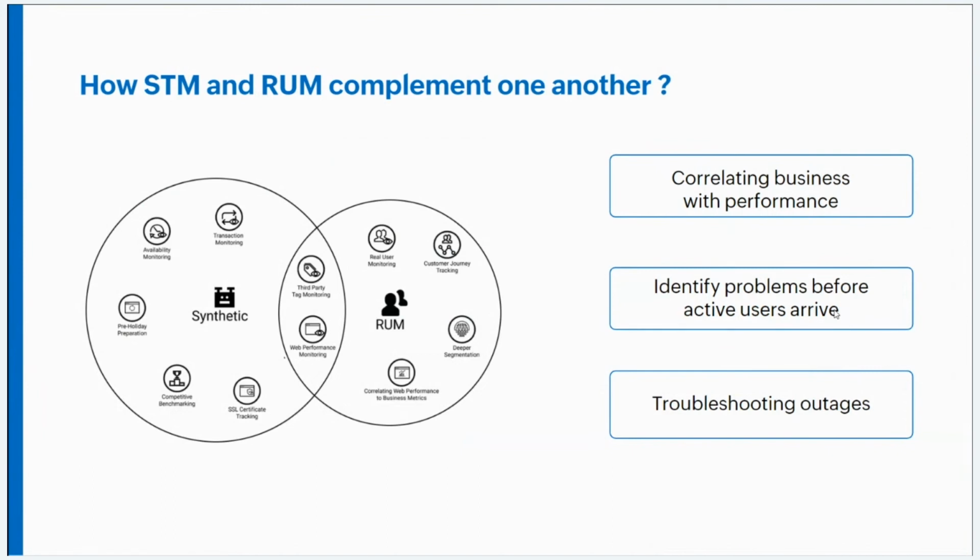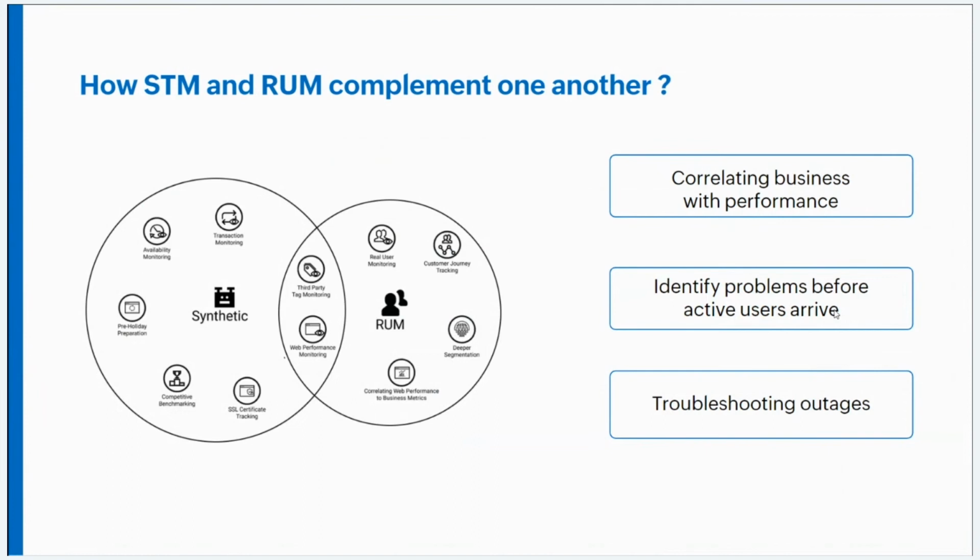which can then be correlated with the continuous performance metrics collected from synthetic testing. Identify problems before active users arrive. No matter where applications are hosted, problems are always bound to occur. Synthetic monitoring is the most effective solution to identify a configuration problem caused by an off-hours maintenance change so that it can be fixed before users begin using your application service in the early morning hours. On the other hand, real user monitoring would be most helpful to measure application responsiveness for each and every live user during the peak hours.